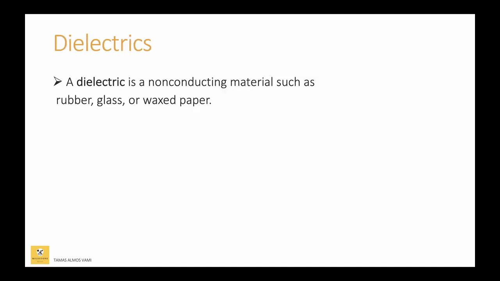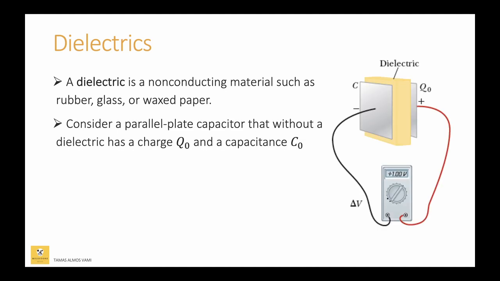So I mentioned earlier that you can put in some material between the capacitances, so let's just discuss dielectrics a bit. A dielectric is a non-conducting material. It could be a lot of things, rubber, glass, or box paper, for example. So that's something that you can now insert in between the two plates of the capacitor. And so again, we have a charge of Q0